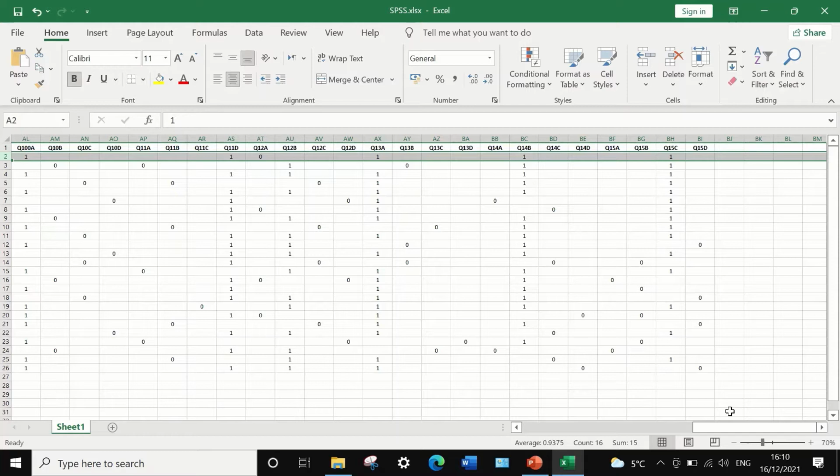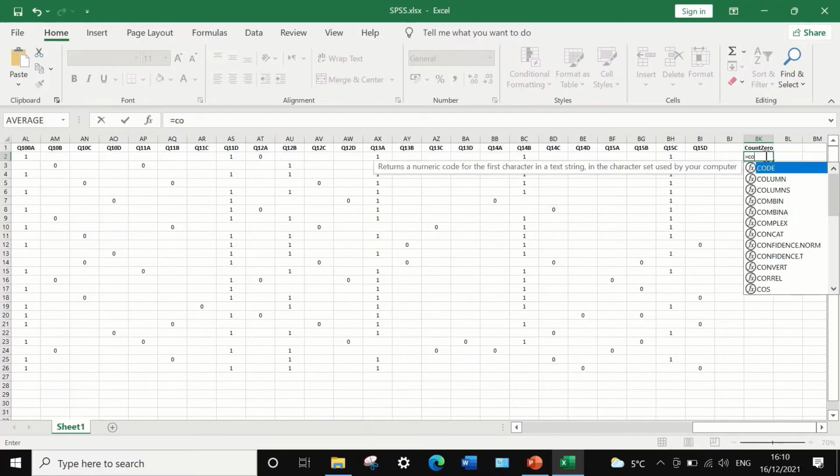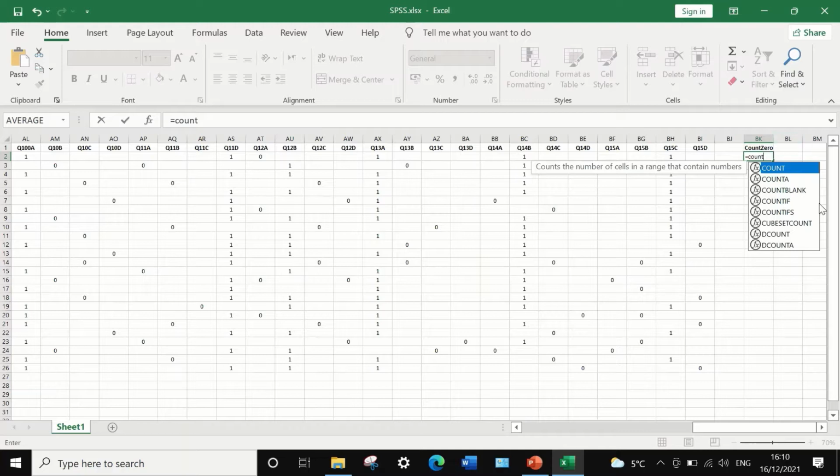And the way to do that, we type here and label a column count 0 or wrong answers, and in the cell below insert an equal sign, then type count and then select